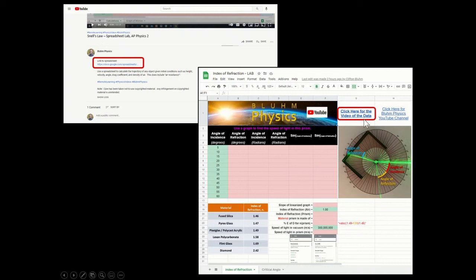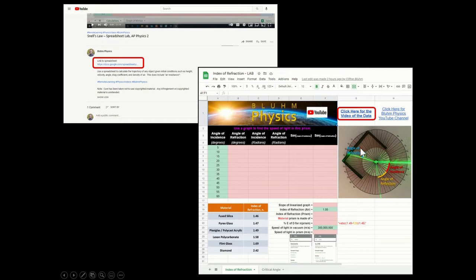If you got to this video by clicking on the spreadsheet right here, then you already have both things that you need. But if you got to the video from YouTube, then you need to get to the spreadsheet, and you can do that by going under the video to the description, and there's a link to the spreadsheet there. You do need both the spreadsheet and the video to be able to do this lab activity,